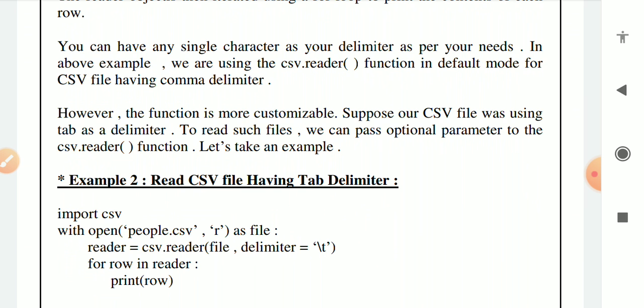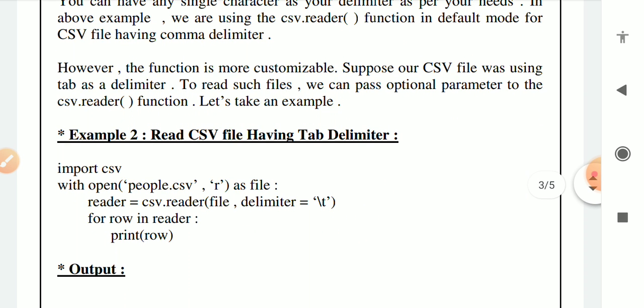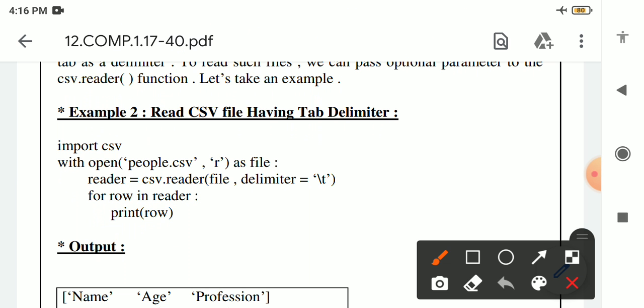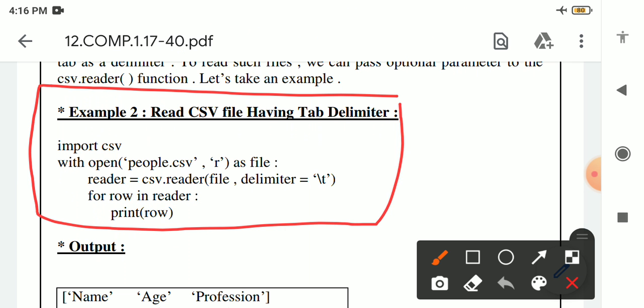Suppose your CSV file was using tab as a delimiter. To read such a file, we can pass an optional parameter to the csv.reader function. See the example. In example number 2, we will read the content present inside the CSV file, but the separator or delimiter will be \t. So this is the complete program.